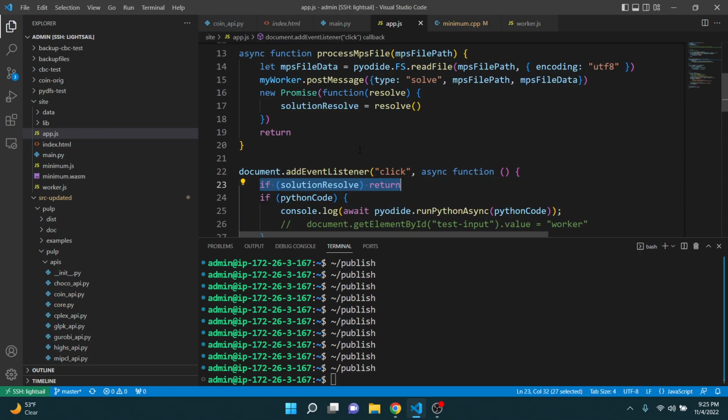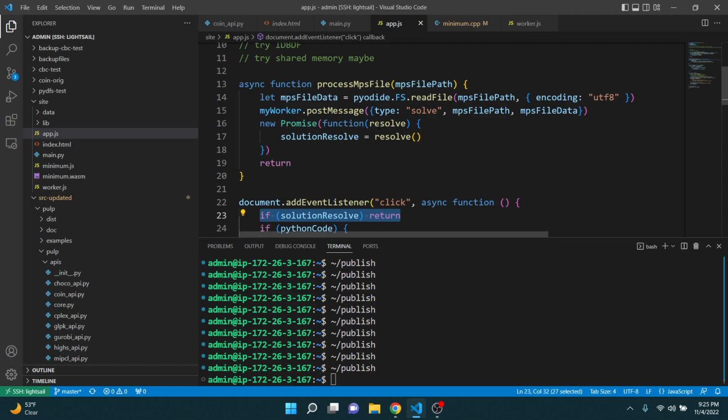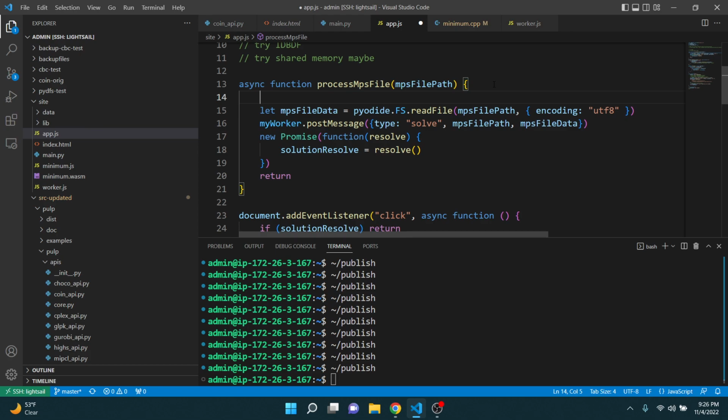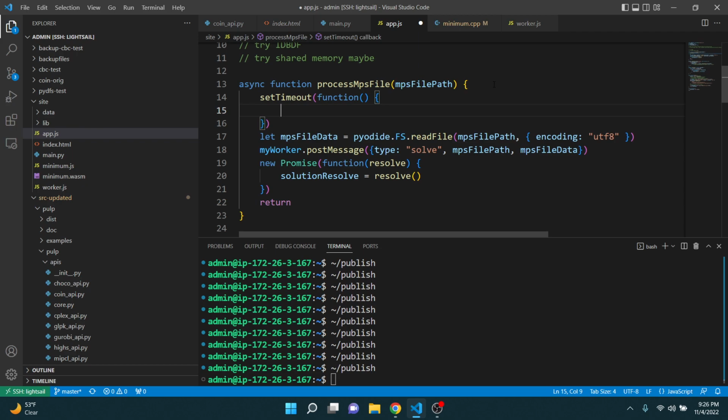And then promise, is there a timeout? We could just set a timeout somewhere as well. It's a new promise. Here, let's do a setTimeout function. And then